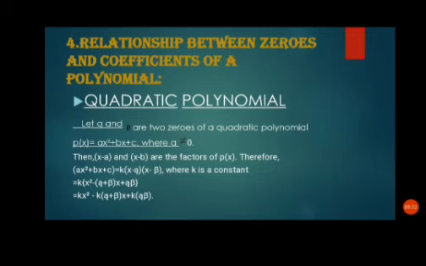So k(x square minus (alpha plus beta)x plus alpha beta), that is, kx square minus k(alpha plus beta)x plus k alpha beta. So moving forward,